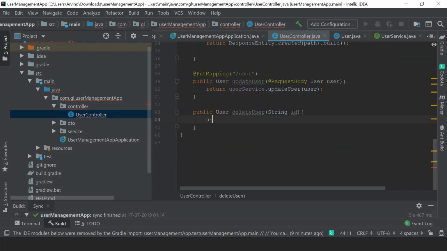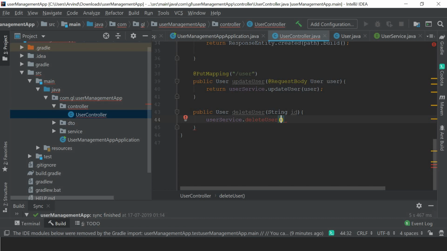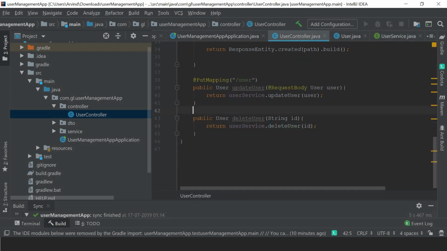So userService.deleteUser, and pass the ID for the user to be deleted. I want to return the user that has been deleted, the full detail of that user. Okay, got it. And map this